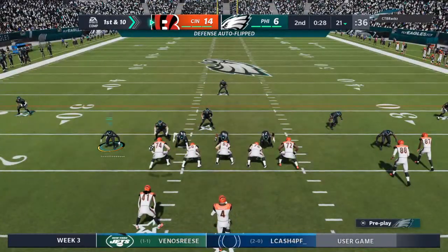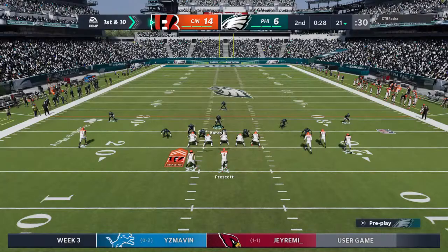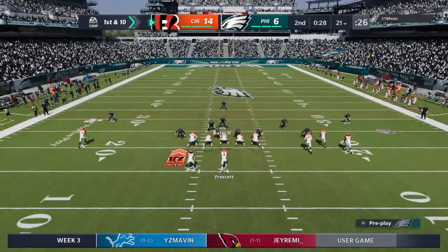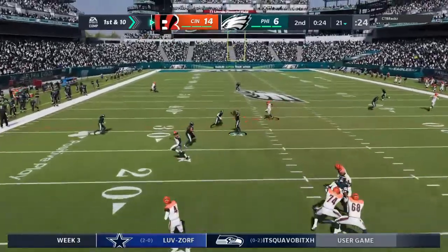The Bengals drive about to get going. You've got less than 30 seconds left here in the half. You're well on your own side of the field. What are we doing here, Coach Davis? Well, I'm trying something on first down, and it's something that's safe. It's something that's been done many times before. A lot of people say it's not even worth trying, but I'm running a draw. I'm running a screen. I'm seeing if some...